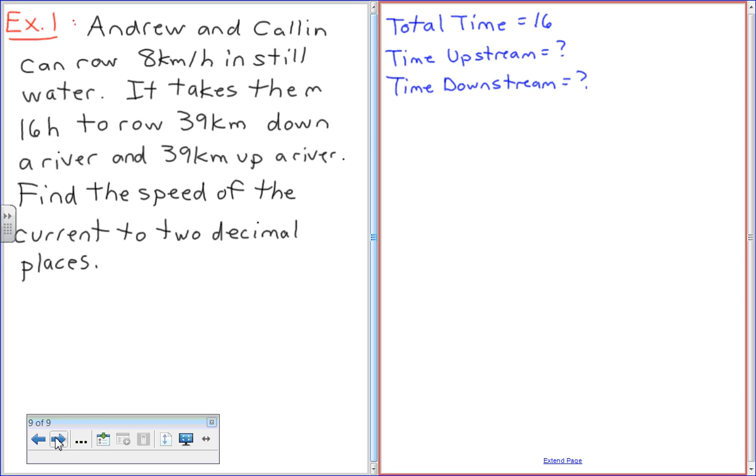What else do we not know? Or what else do we know? Tell me something else with this equation. Go ahead. We know the total distance. Yeah. Yes. I'm going to say the distance upstream is 39 right here. And the distance downstream is 39. Okay. Now, one other thing I'm going to put in here, okay, because this is the aha moment